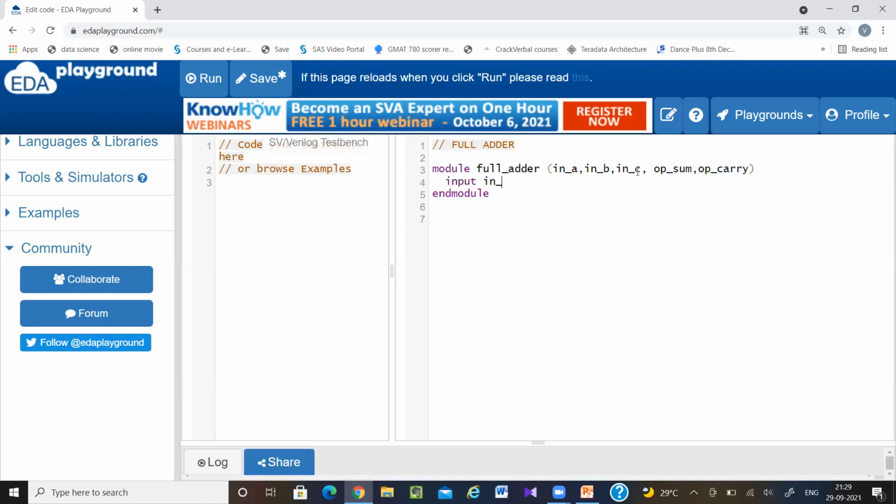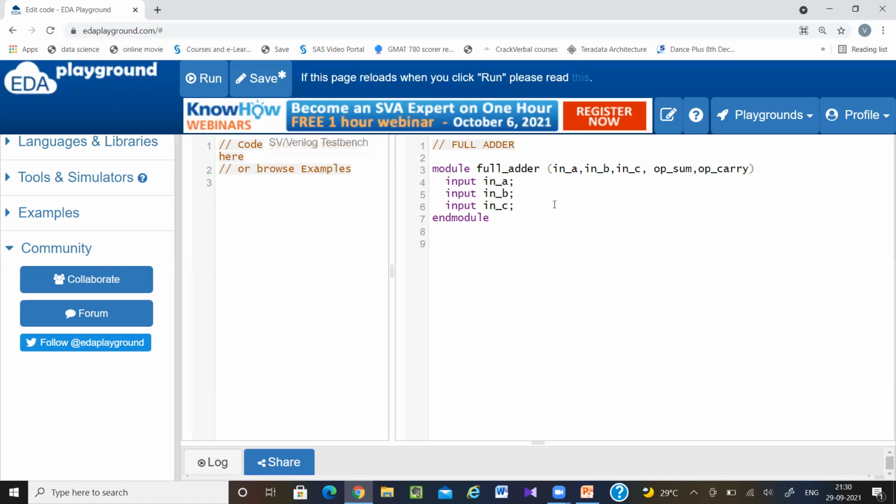So input in A, then input in B. You can write like this also, but it will always be better to write one signal per statement, and after the end of each statement give this semicolon. Then input in C.